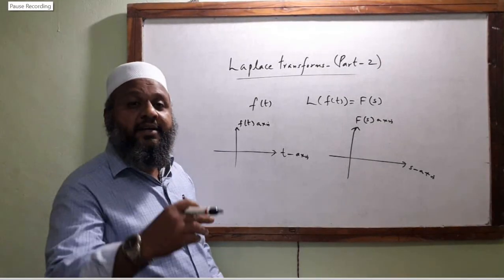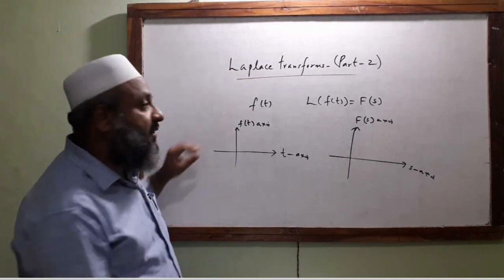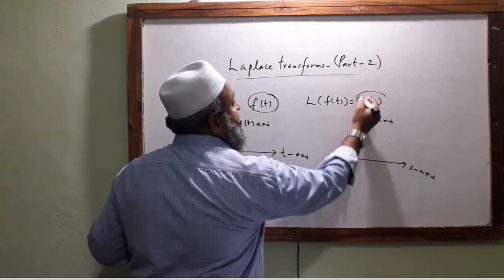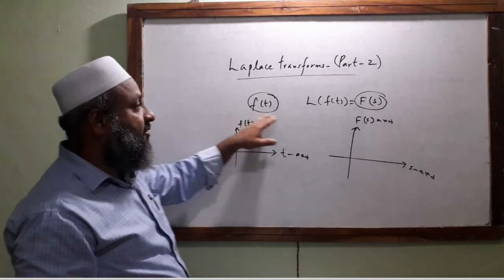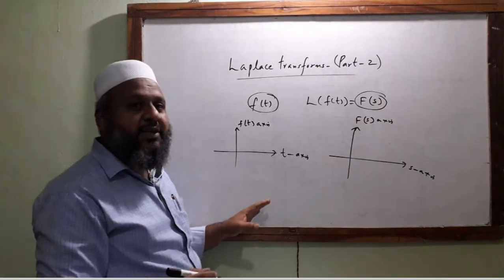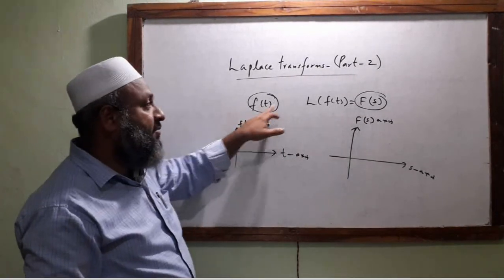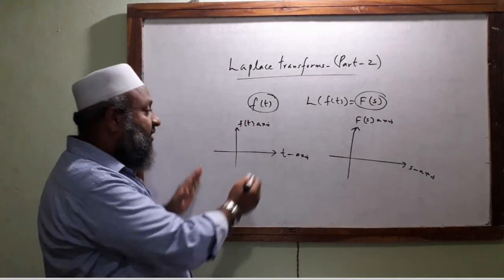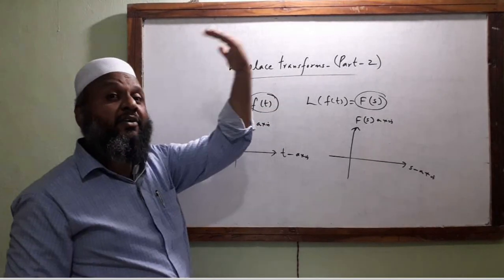Okay, in the earlier session I said that when we take up the input function as f of t and the Laplace transform denoted as f of s, I will talk in some detail about that f of t and f of s. Now the answer to that point is, in practical applications, t is the time and s is the frequency. So the input function will be completely in one domain, whereas the output function is completely in the other domain.